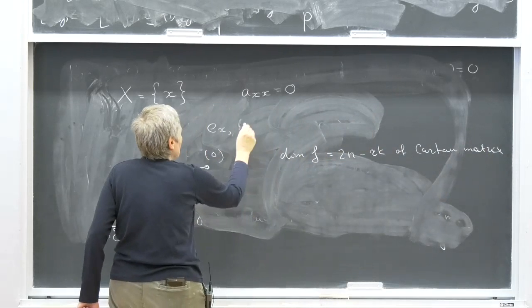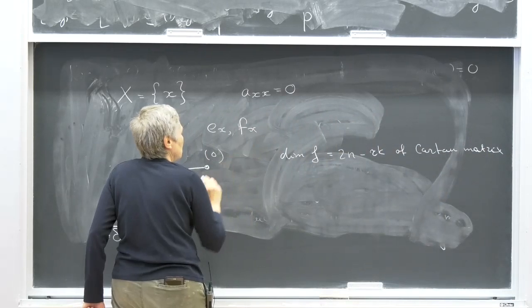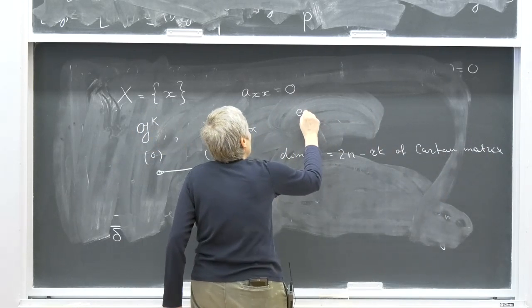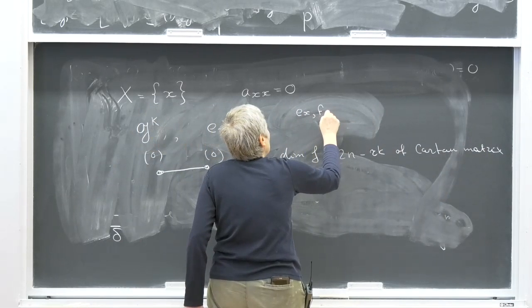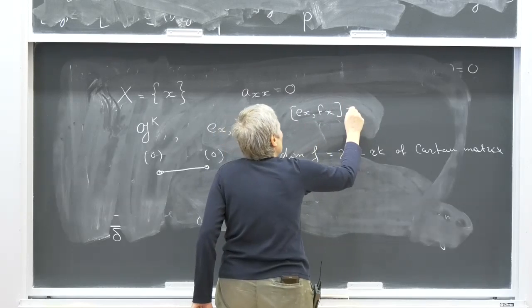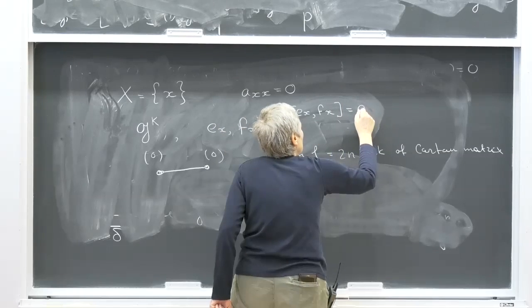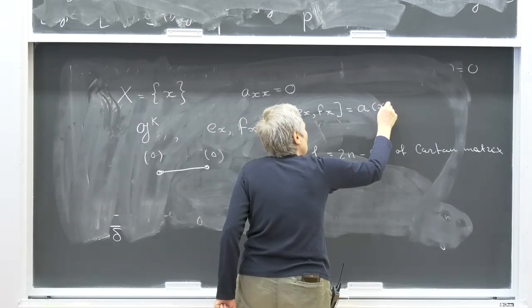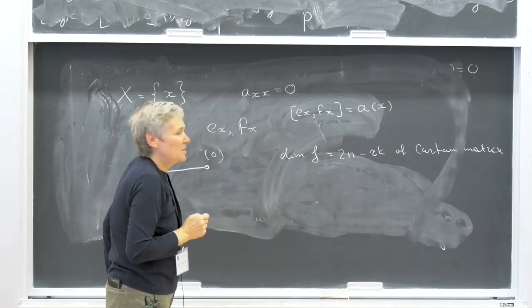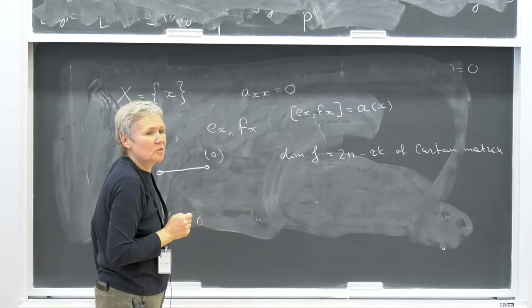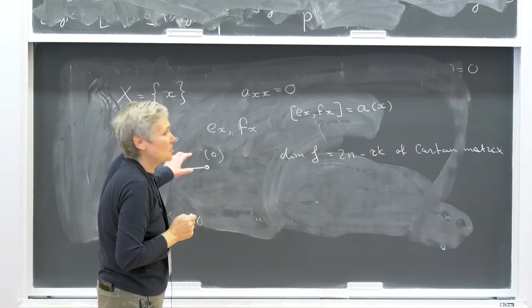I have e_x, f_x, and the commutator of e_x with f_x is h_x. But this is a superalgebra, and therefore there is no reason why the commutator of e_x with itself is